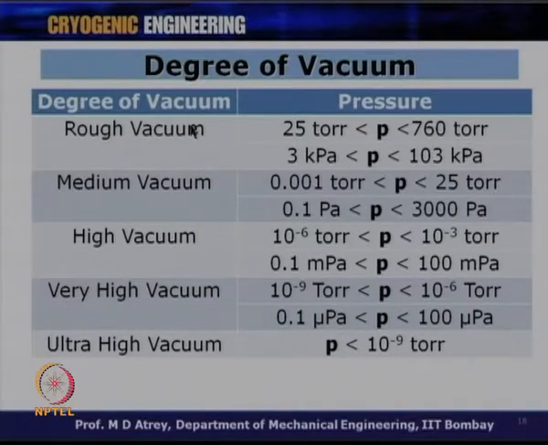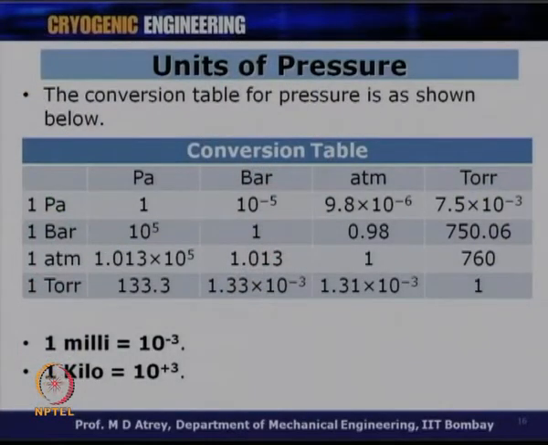So, you can understand, normally most of our operation happens between medium vacuum to high vacuum, at least in cryogenics, unless very high levels of vacuum are expected, where very special applications would need ultra high vacuum. In that case, what kind of material you use and what processes you use become very important, because you need a very high level of vacuum. So, slide number 16, correction. We can say that 1 torr is equal to 0.133 kilopascal.